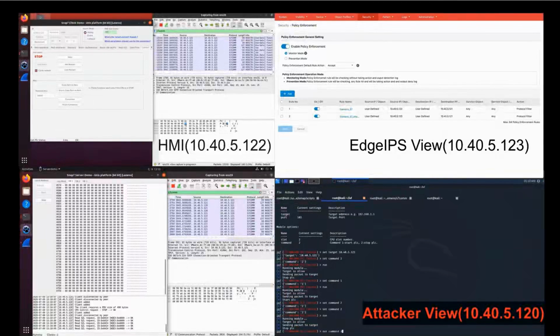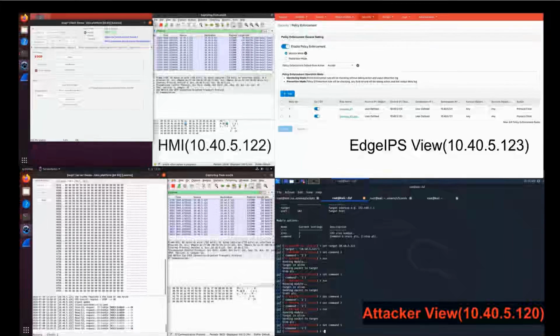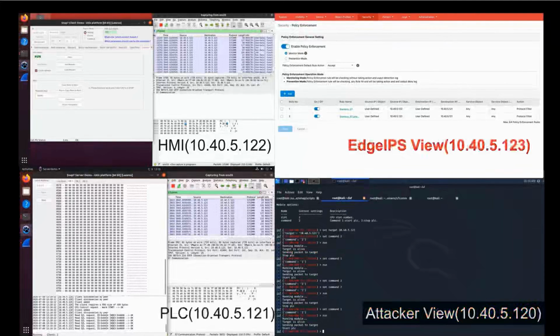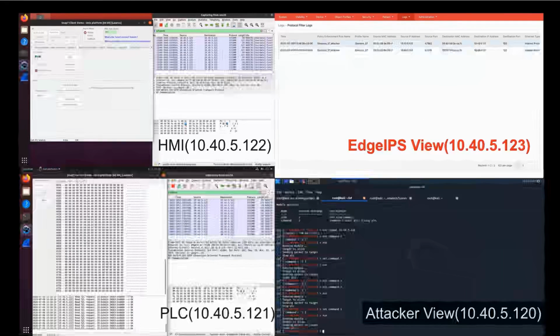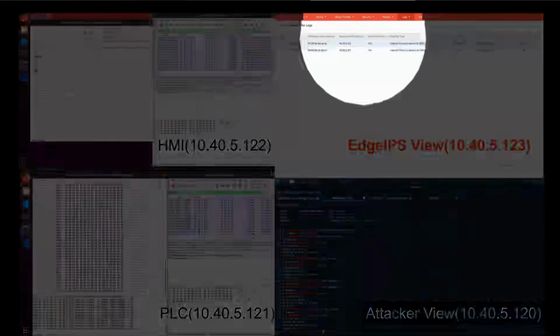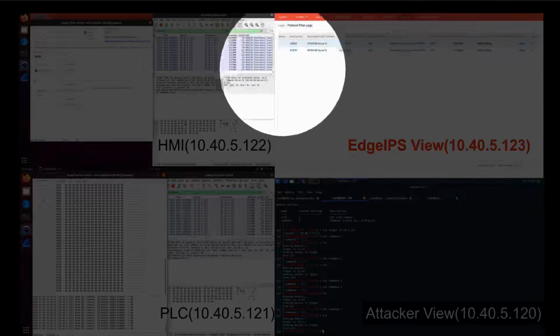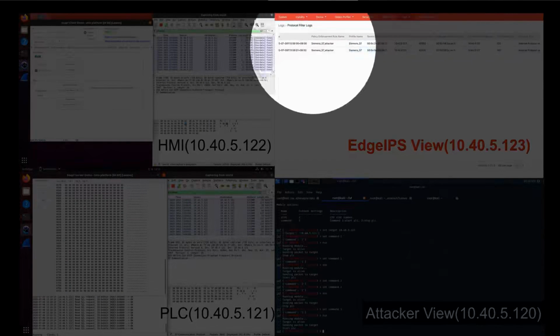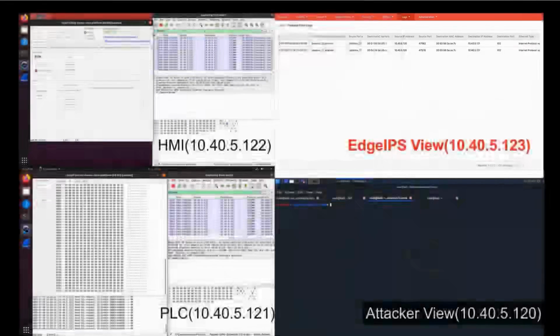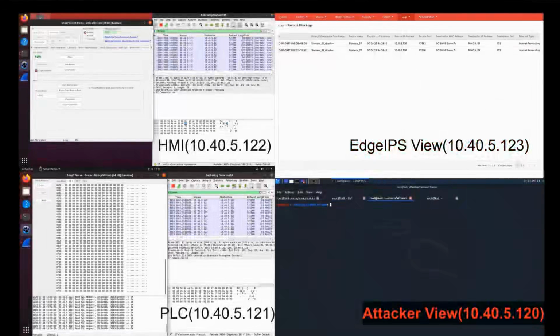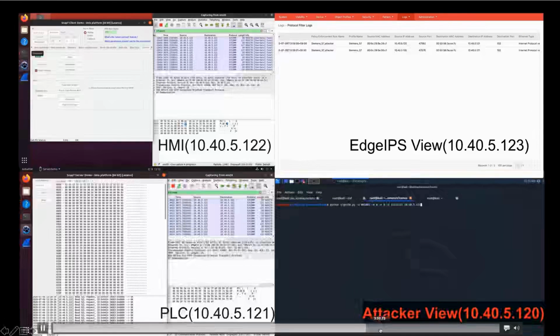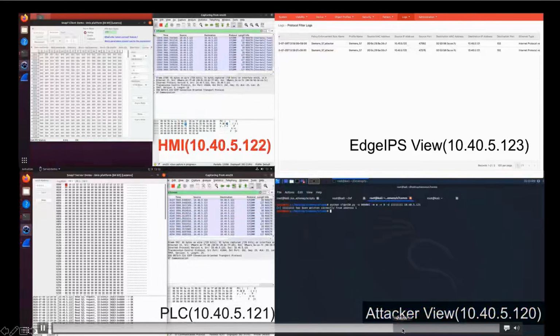Because sometimes we know many ICS vendors, ICS factories, or ICS operators are afraid of blocking any traffic in the ICS environment, but they want to see the traffic: what happened in the ICS environment, that an attacker performed this attack, that they want to run and stop via the ICS S7 protocol. And then we will try to perform the attack again.